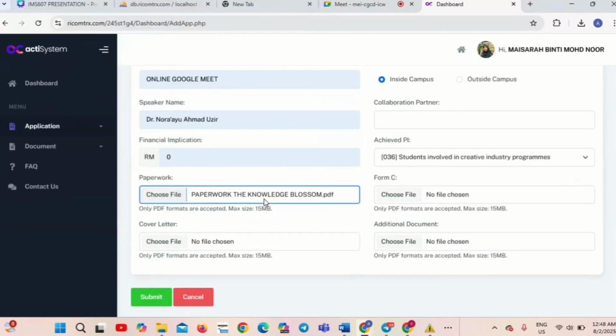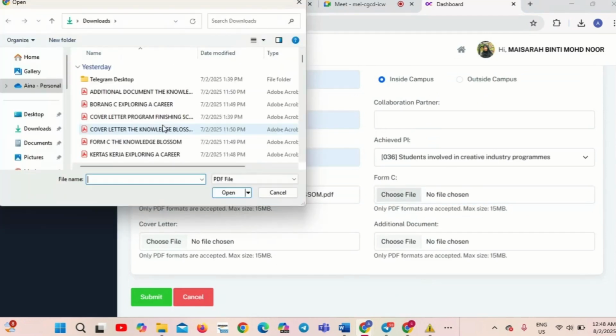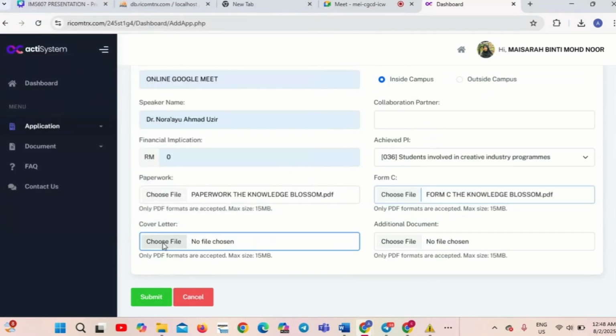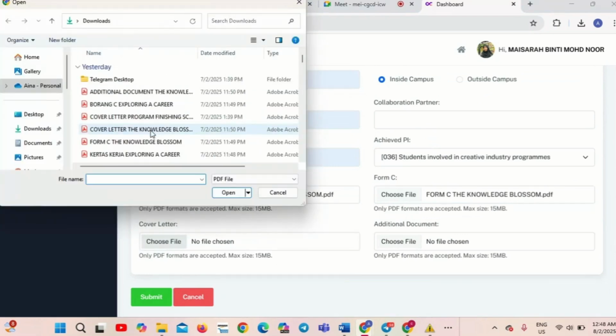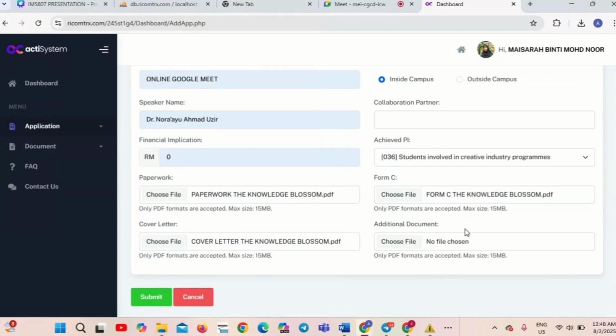So this is the paperwork, and then the form C, and then select the cover letter for the activities. And then additional document is actually not compulsory too. And then we have to click on the submit button,